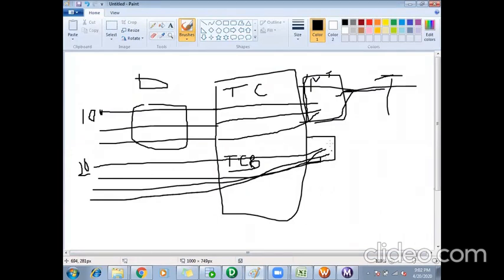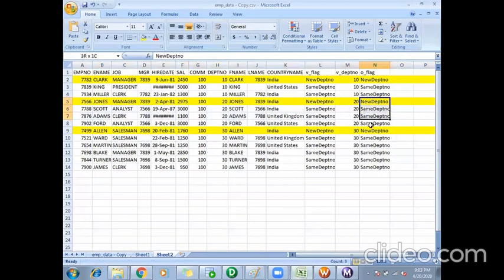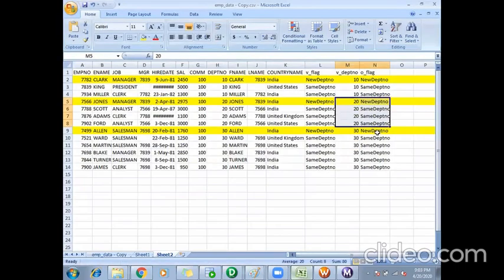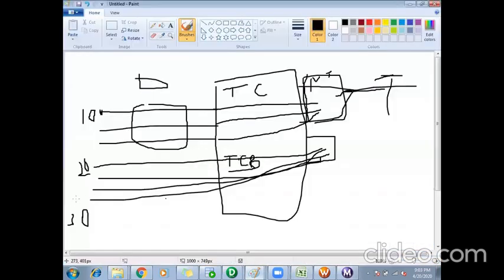So in this transaction now I have 4 records where all those 4 records are with department 20. Next, a new record comes with department 30. For this record, O flag is new department number, so TC commit before will be executed again here.